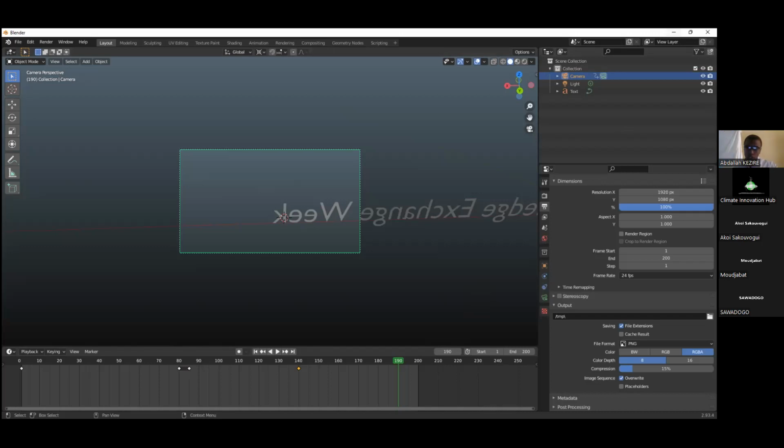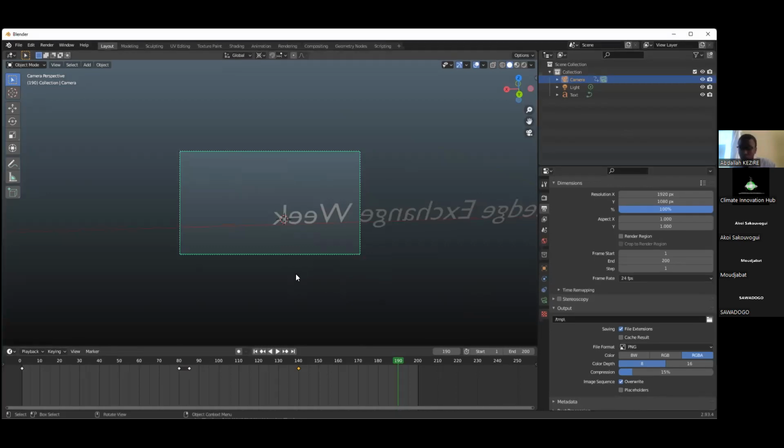And here, I want us to analyze this. I want us to analyze the K, the E, and the W. I've used scale animation. They were initially flat. I've used the scale to put them at a dimension 0. And throughout the time, I've increased the dimension of the E like this, the K like this, and the W also like this.